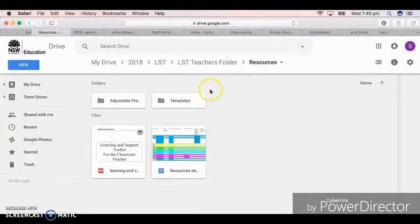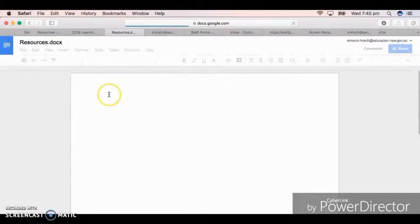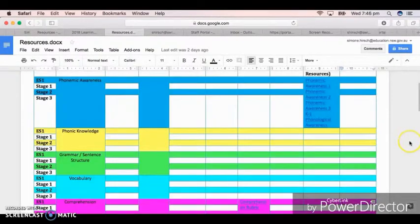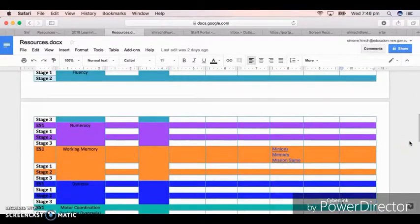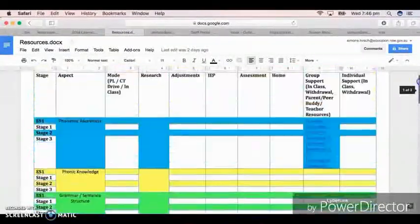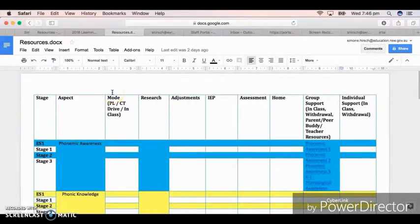In here we have some resources, some adjustable programs which I can help explain to you at another point, and here is where over the next few weeks I am going to be trying to collate some really quality resources for you all. And the idea is that there'll be all of these areas, and there'll be somewhere a place for research, so if you want to read a little bit more about them, the type of mode that it comes in, whether it's in class or whether you can just access it on the drive, the types of research, some adjustments for those specific needs, any IEP or ILP material that you might want to use,